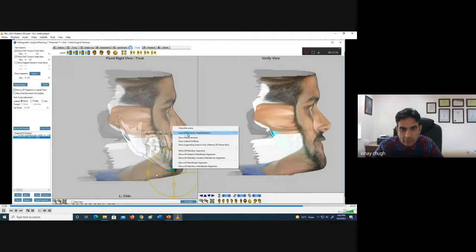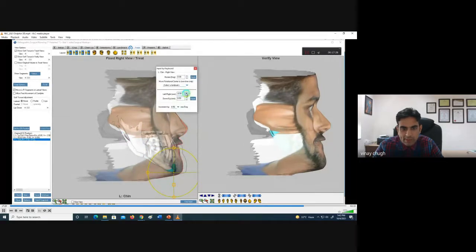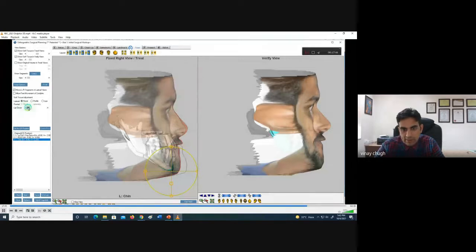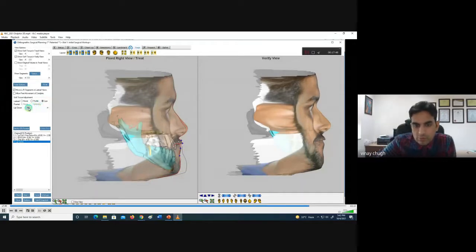Once we do this, the third step is, because we have placed the genioplasty, the cut has already been placed. You just have to rotate it, or put right, up, down, vertical reduction, excess genioplasty. You just have to make that part. So this is how we have done all the 3 planes, and then if we want to do some soft tissue adjustment, we can do that. And this is how, once you do the virtual treatment, it is so beneficial from the patient perspective.